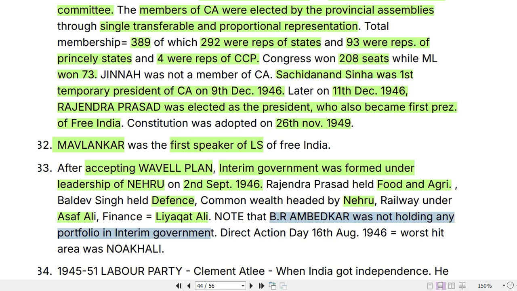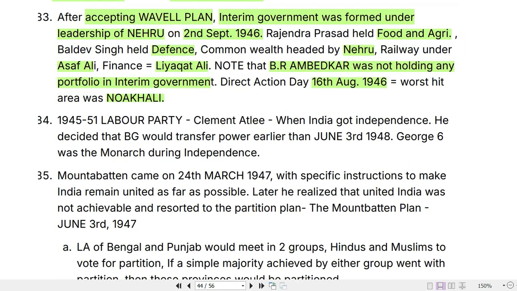That's very surprising. Direct Action Day is 16th of August 1946. The worst hit area during Direct Action Day violent activities was Noakhali in Bengal. That is in that point. Then moving on,